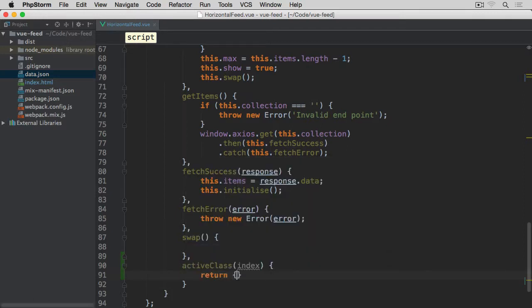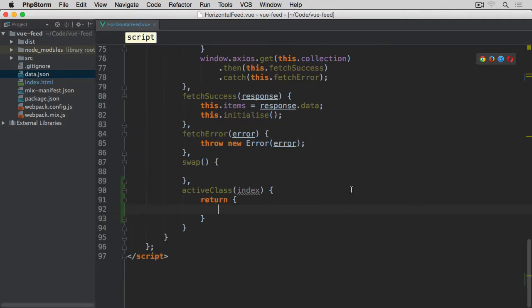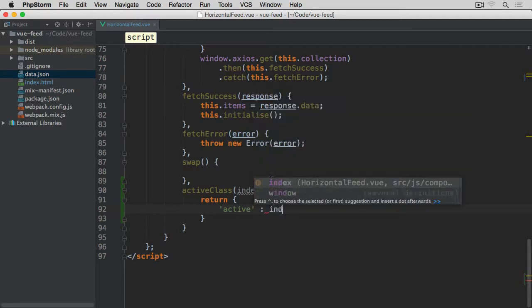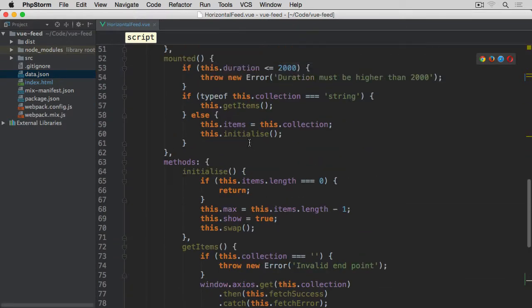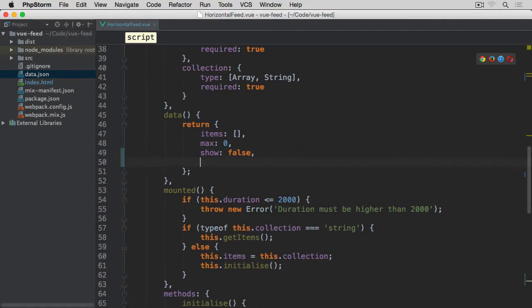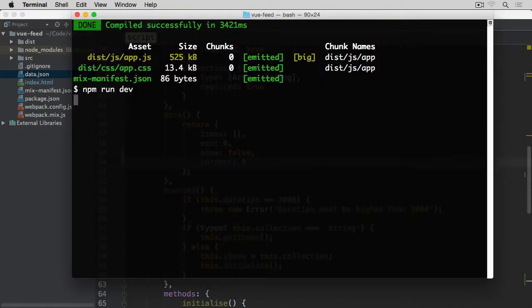And now I'm going to return an object, which will contain name of the class that I want to associate with the given element that calls this active class method, and the name of the class will be active. And this class active will only be returned from within this method when our index matches, so triple equal symbol, internal property, this.current. We don't have this property yet, so let's quickly add it to our data. After show, we're going to set current, and current by default will be associated with 0, which means first item in our collection. So if we now save it, and if we go to the terminal, compile everything,